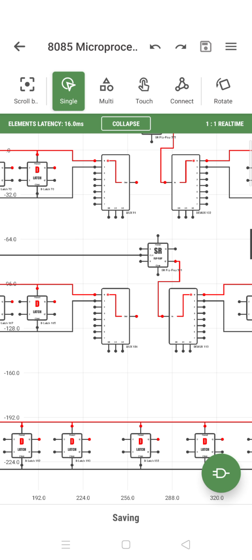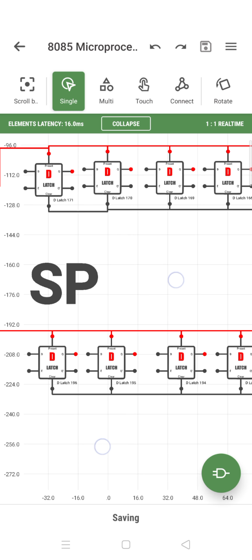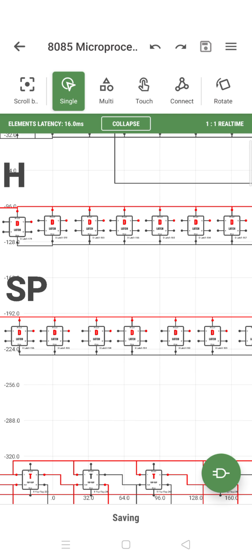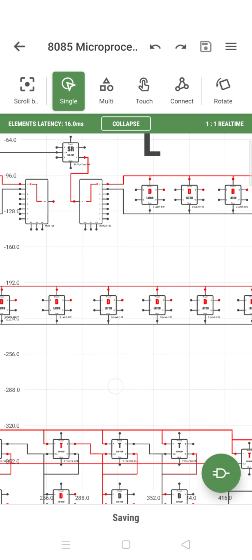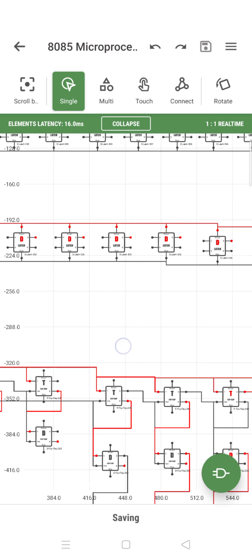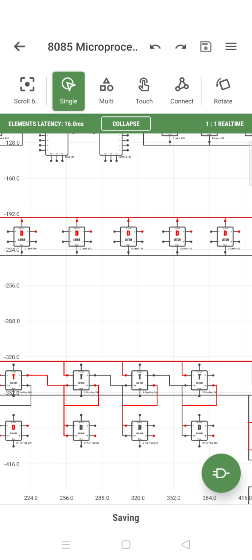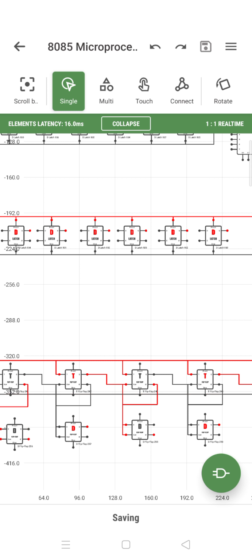Now we are going into what is called the stack pointer. For the stack pointer, you can use a D latch or a D flip flop. The stack pointer usually has 16 bits, counting 1, 2, 3, 4, 5, 6, 7, 8, 9, 10, and so on, completely serially. This is the D latch, and you can use it for the stack pointer. It is a data element. You can use a D flip flop or a D latch, either one of them, for the stack pointer.